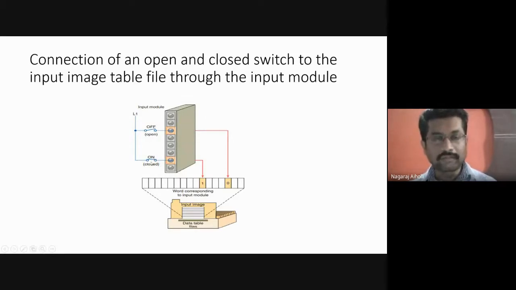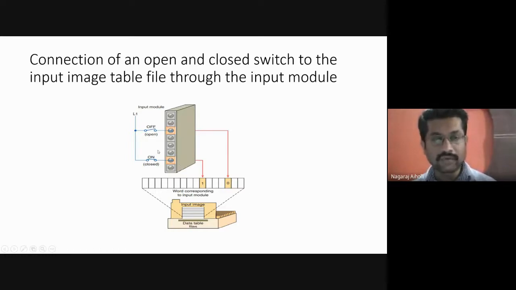When it is in on position, it detects the voltage of 5 volts, and based on that, it stores the information as 1 in the input image table file.